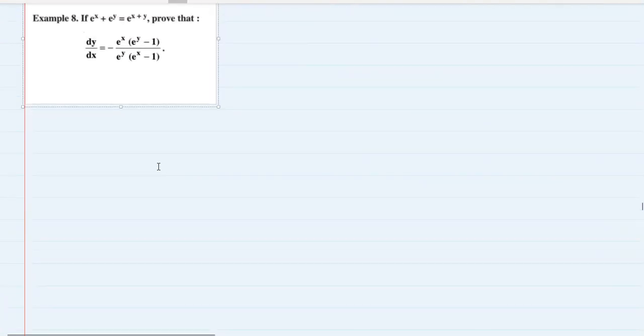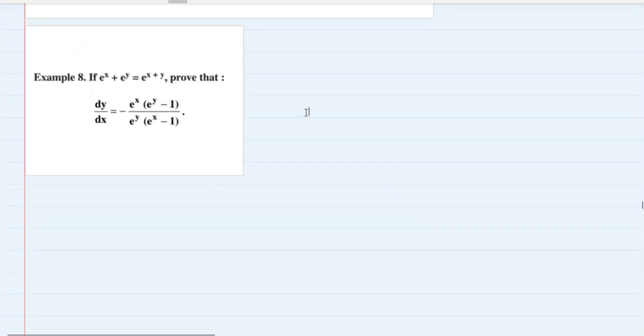We have reached the end, so just hold on. Okay, क्या है हमारे पास? e raised to x plus e raised to y is equal to e raised to x plus y. Prove that dy by dx is equal to जो भी यहाँ पे दिया है।